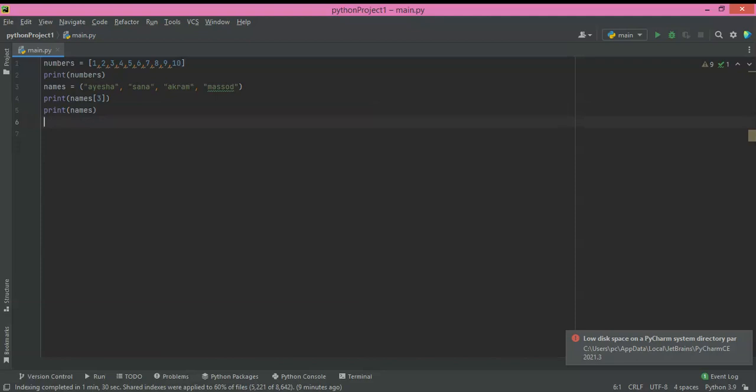And now we will explore a list of heterogeneous data, which will contain names as well as numbers. So let's start. I will declare it as my list and then equals, then square brackets 1, 2, 3, 4, and now I can write a comma.